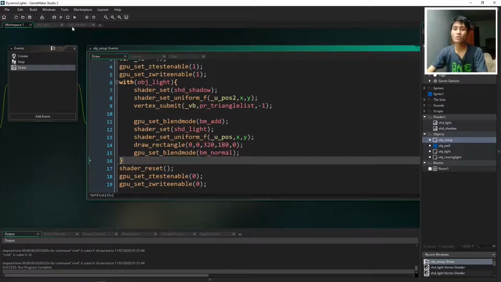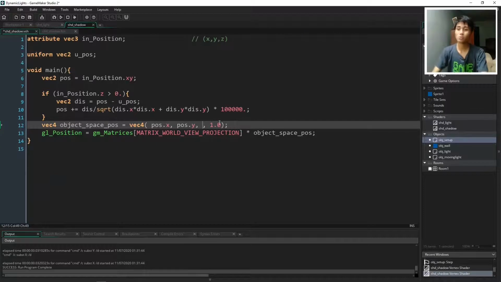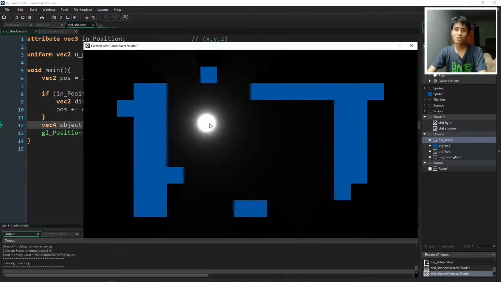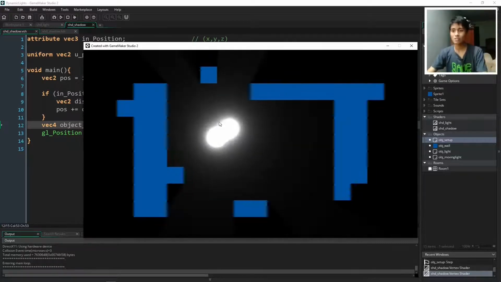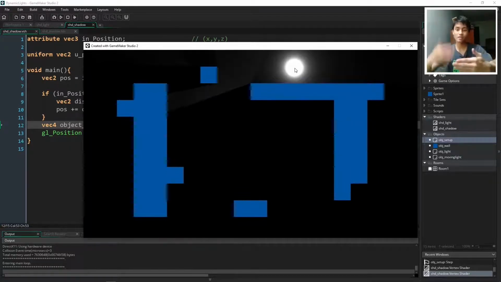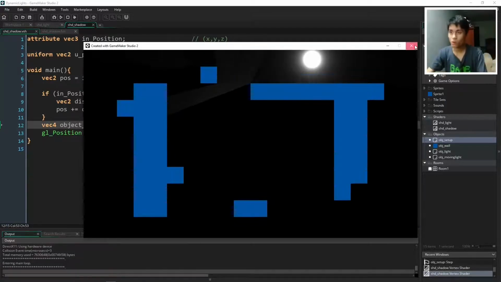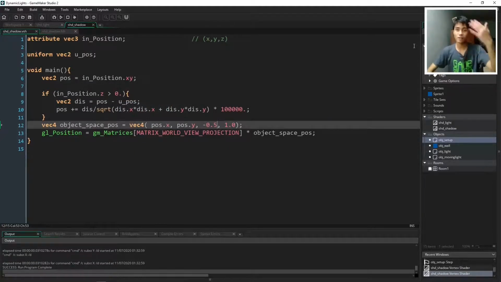If we were to change the shadow and we set this to, let's say the shadow's now -0.5, you would see that there's now shadow being casted because now the shadow is closer to the screen. Even though it's transparent, it will still not draw underneath that transparent shadow. Now it's still being affected because this next light is still drawn on the same layer as this light, and all the shadows are being drawn in this layer. What we want to do is that we want to have light, shadow, light, shadow, light, shadow, light, shadow, light, shadow,